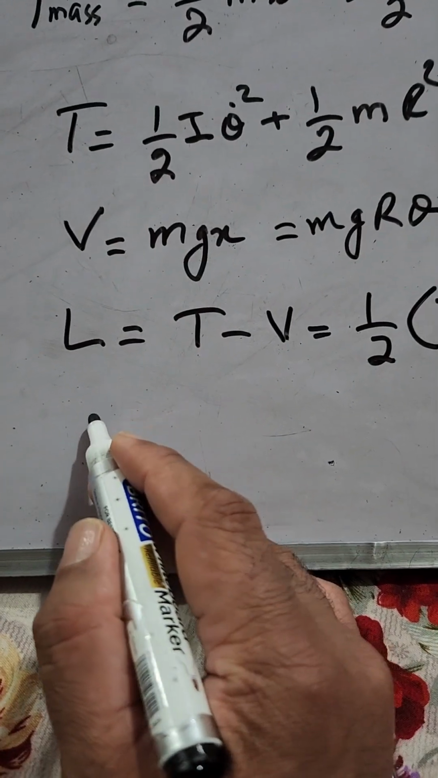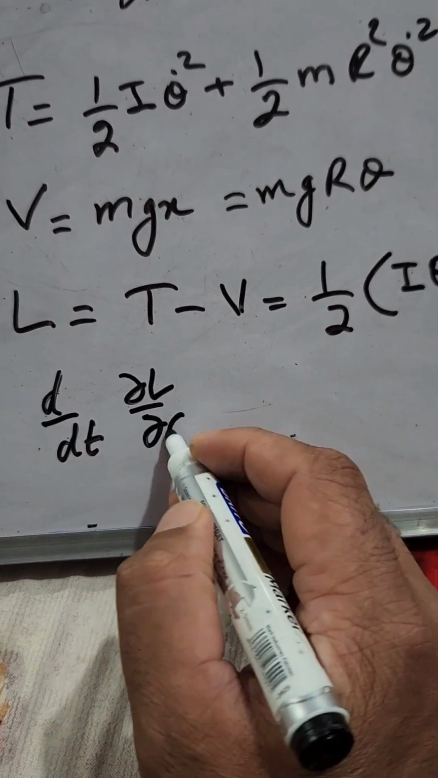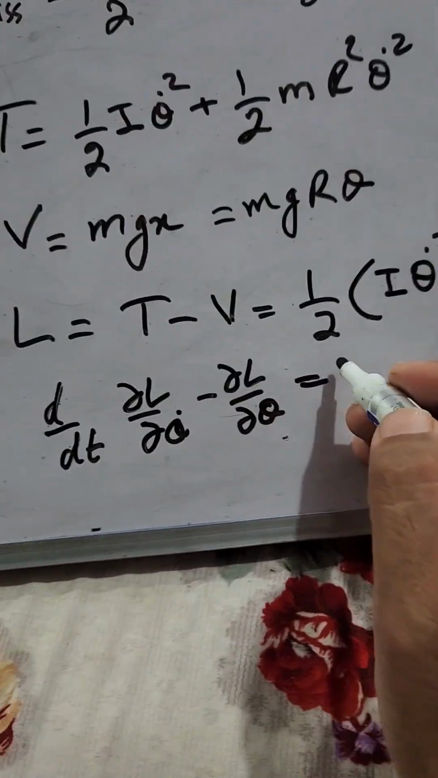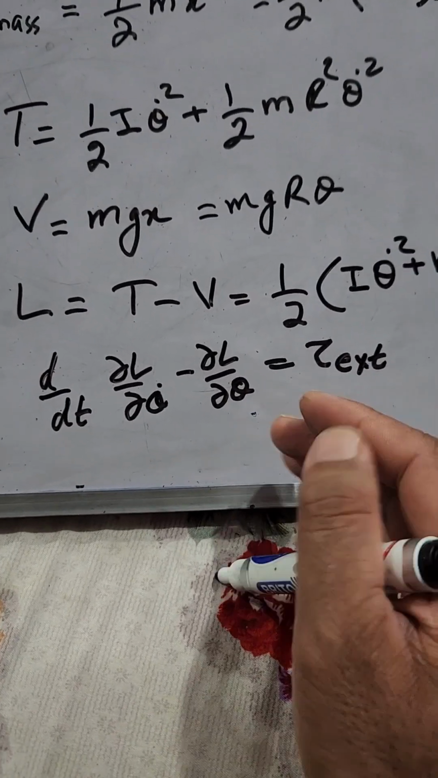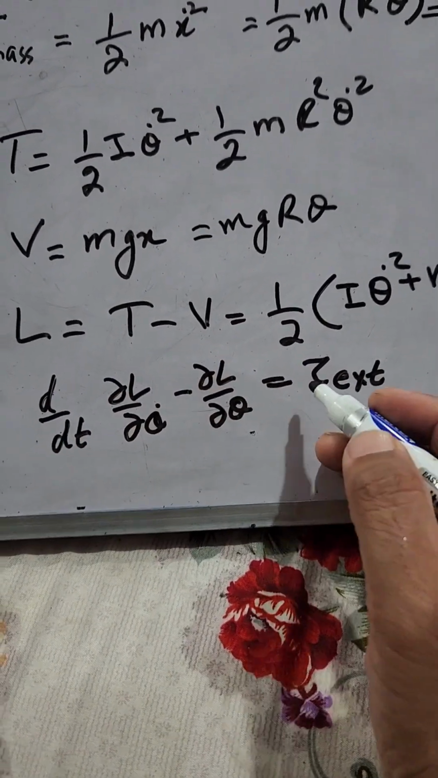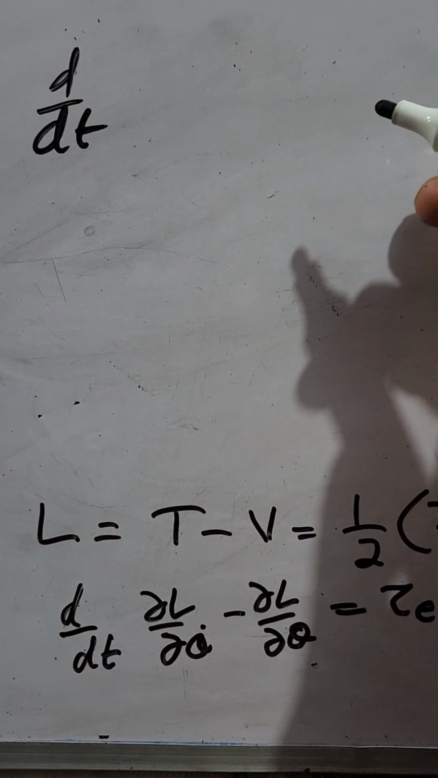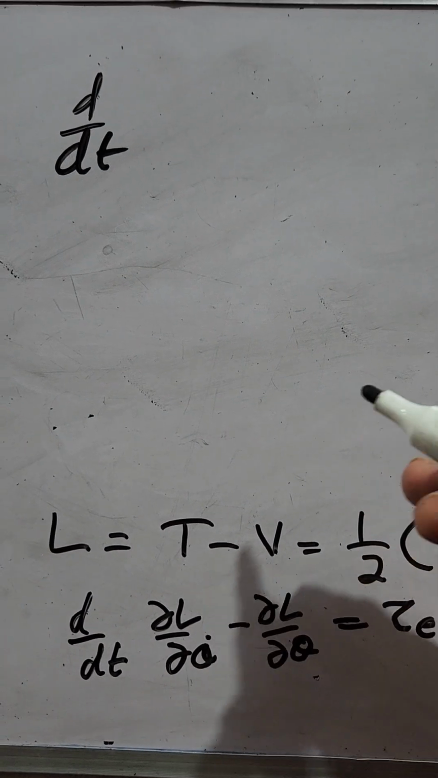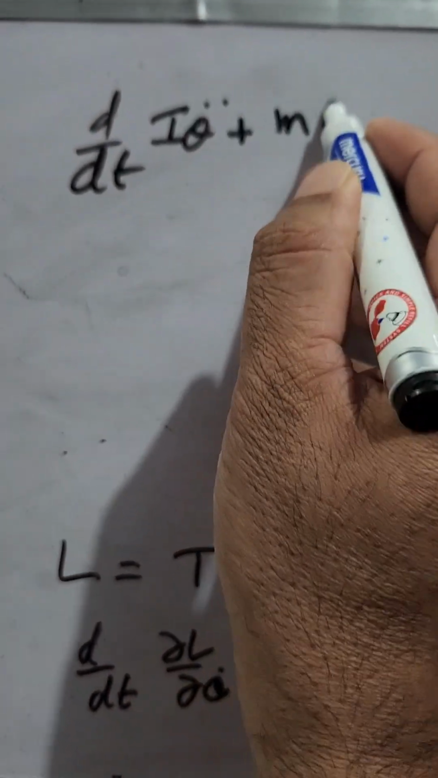For the Lagrangian equation, we find partial L over partial theta dot and partial L over partial theta. Then this equation equals the external force or external torque. For our case, this Lagrangian equation is equal to the external torque applied to the handle of the pulley. Inserting the values of the derivatives partial L over partial theta dot and partial L over partial theta in this equation, we are left with I theta double dot plus m r square theta double dot